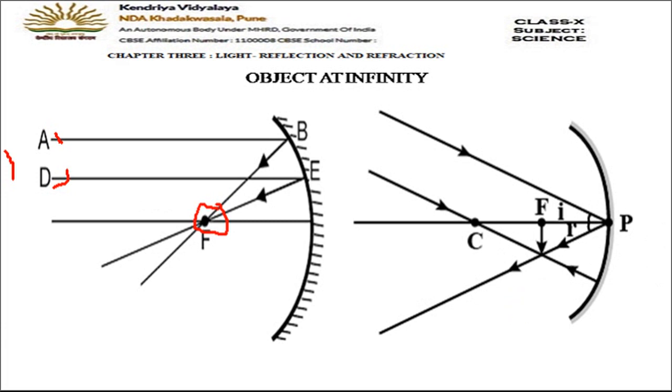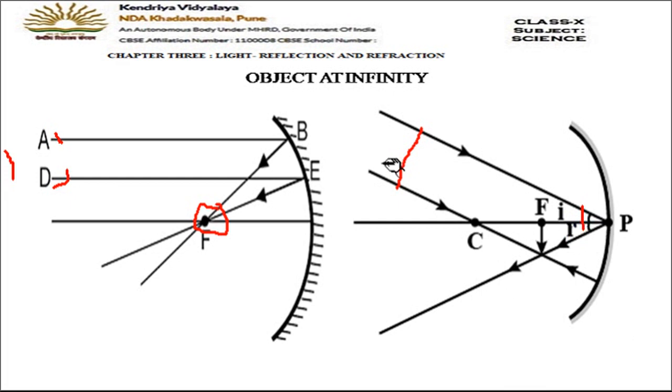So how is this second form drawn? You can see here these two parallel rays are coming, and this one falls on the mirror obliquely. When the light ray is oblique to the mirror, or when it strikes the pole P, it is reflected obliquely and follows the laws of reflection. So here you can see that angle I will be equal to angle R, so it gets reflected like this, at this point.